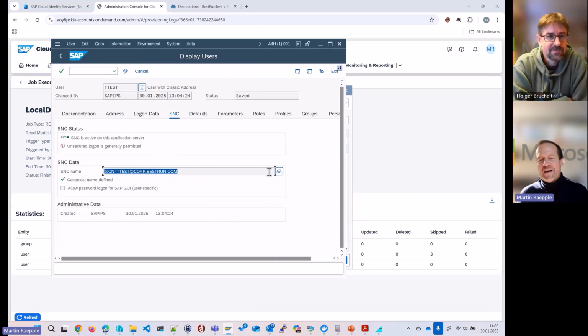But I think it's obvious that with the right mapping and with the integration of SNC, the setup of SNC certainly needs to be done in the backend system to enable such a scenario. But from a user provisioning and setup perspective, everything works fine.